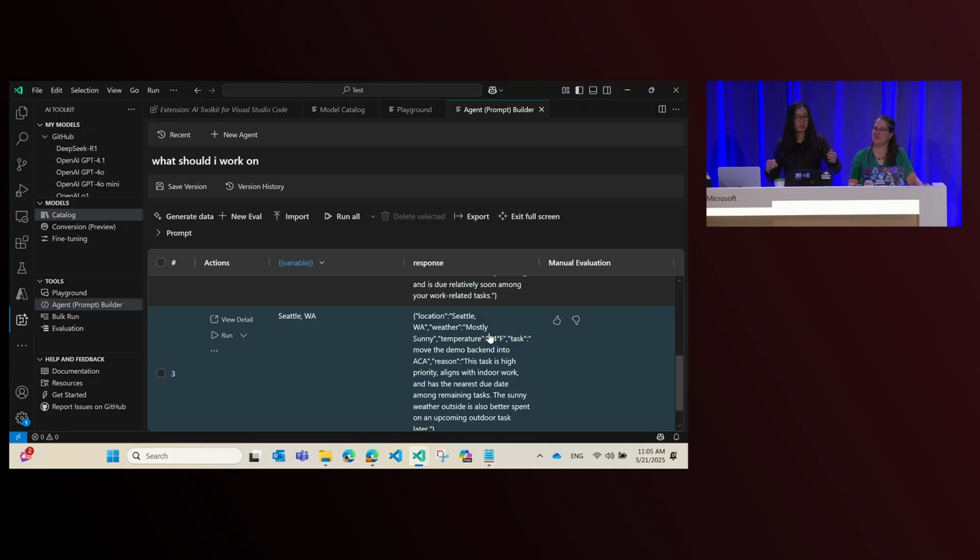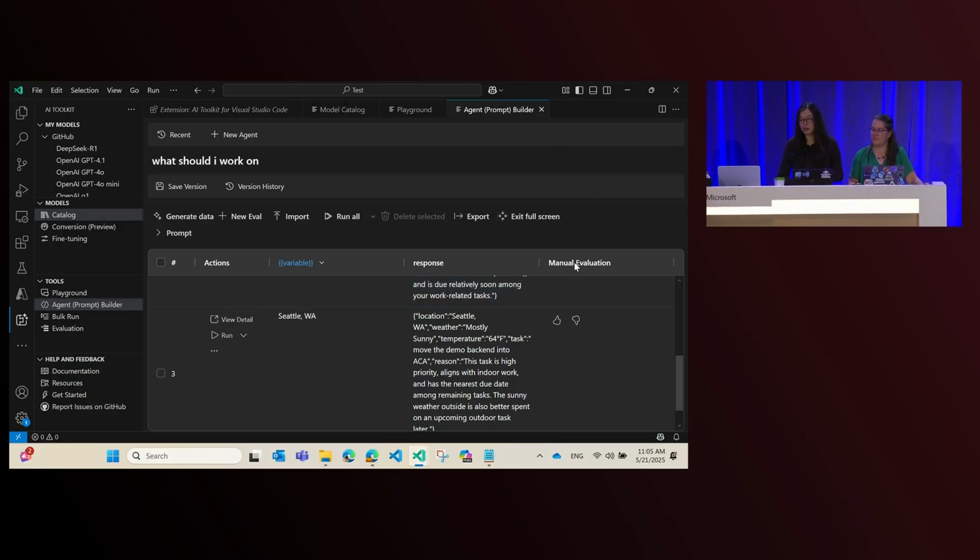Imagine you have a much larger data set. You can just let the tool run all this. You can come back and check the results. And of course, once we get the results, we want to decide how good they are. So evaluation is a key part of developing AI agents. And we enabled a local evaluation experience all here in VS Code. So there are two types of evaluations we have enabled.